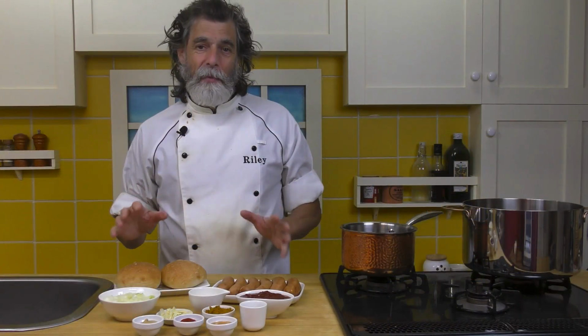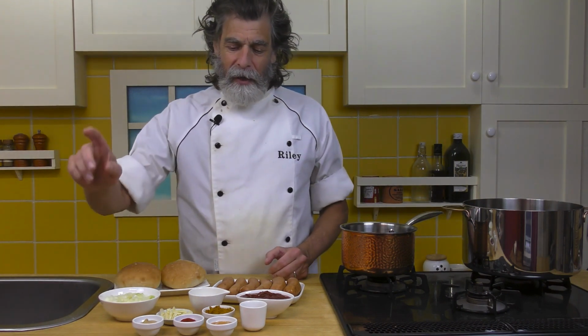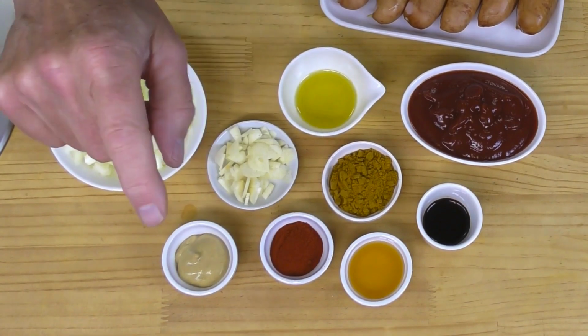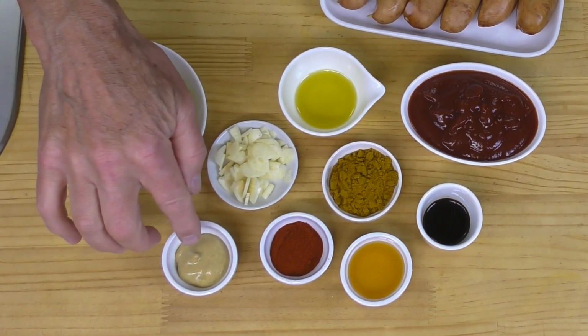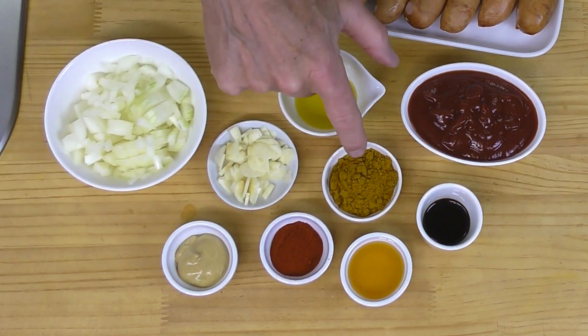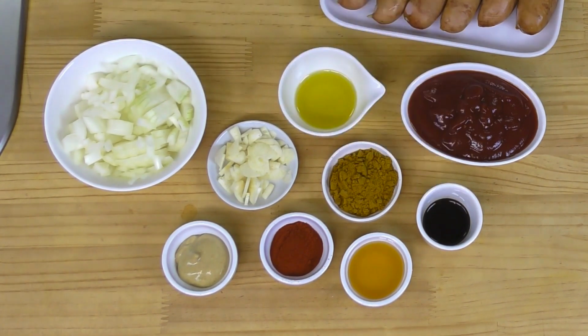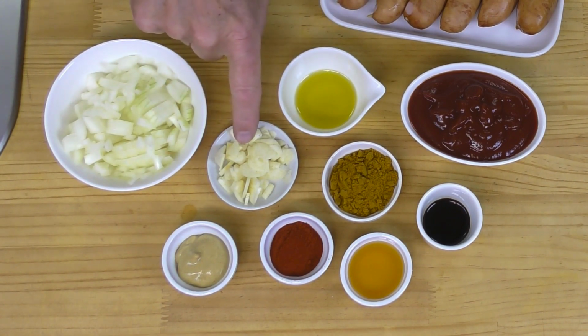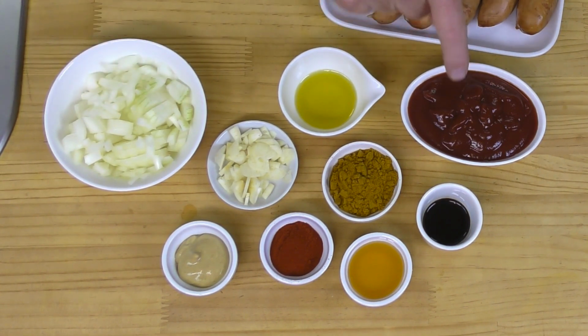All right, so here's the ingredients I put together for this Berliner Currywurst. Across the front, I've got 1 tablespoon of honey, 1 tablespoon of paprika, and 1 tablespoon of Dijon mustard, 2 tablespoons of curry powder, 1/2 tablespoon of Worcestershire sauce, you know, the one I have a hard time saying all the time. Over here, 1 tablespoon of olive oil. Then over here we've got 2 cloves of garlic thinly sliced, half an onion finely chopped, 1/2 cup of ketchup,